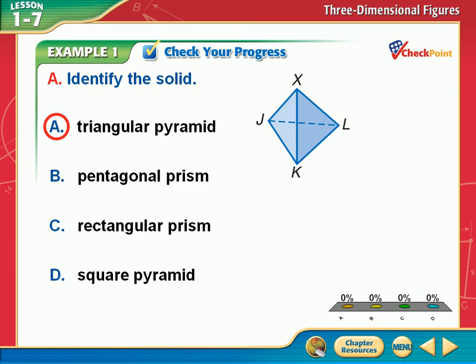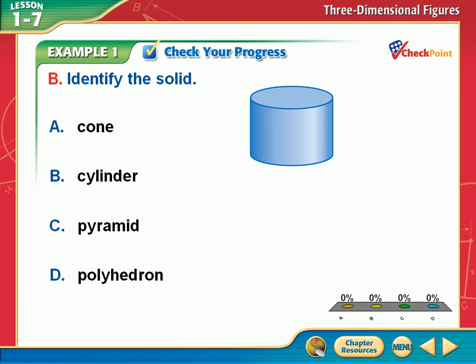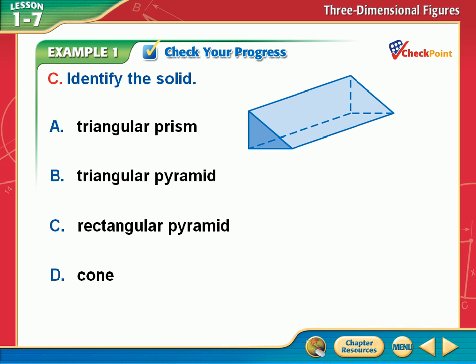So yeah, triangular pyramid. All right, look at this thing. What's this thing? Yeah, it's a cylinder. That's easy. All right, and boing, boing, boing. There we go. Not very exciting sound effects, but as good as I got. All right, what's this thing?